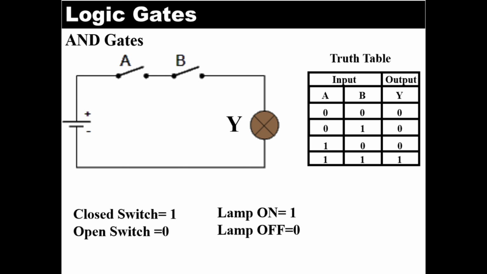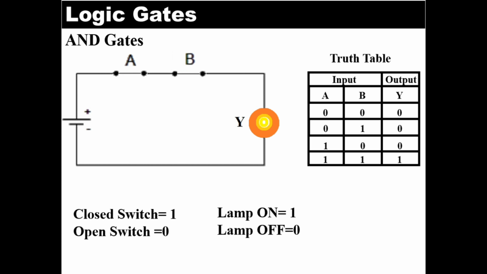When one of the switches is closed, that is high or 1, and the other switch is open, in that case the output also remains 0 or turned off, because no current is supplied to the lamp. And when both switches are closed, that is high or 1, only then the lamp will be supplied with current and will glow, or become a 1. So from this we can say that the output will be high only when both the inputs are high. I hope you understand the function of the AND gate.